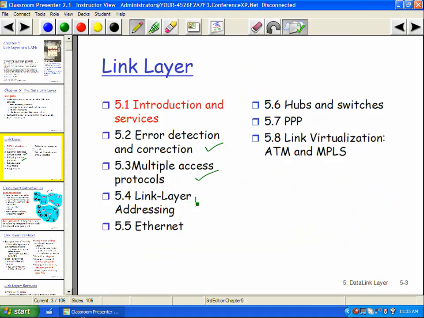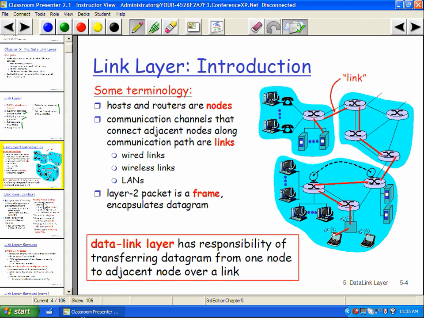There's a whole new set of addressing in the link layer, different from IP addressing. And then we spend some time on local area networks and related topics. So let's quickly get to what really is the function of the link layer